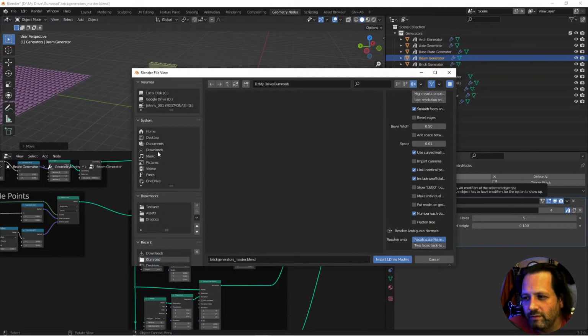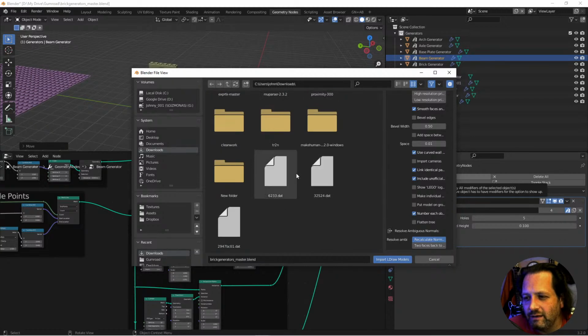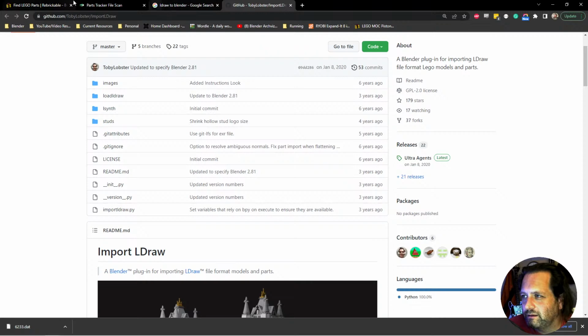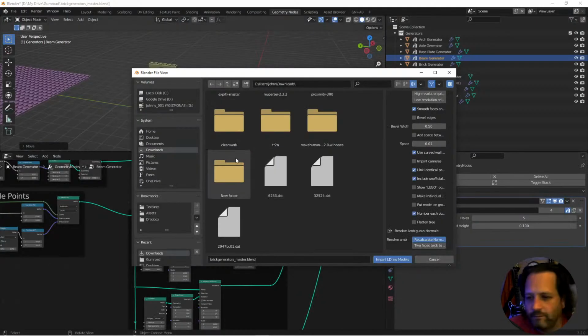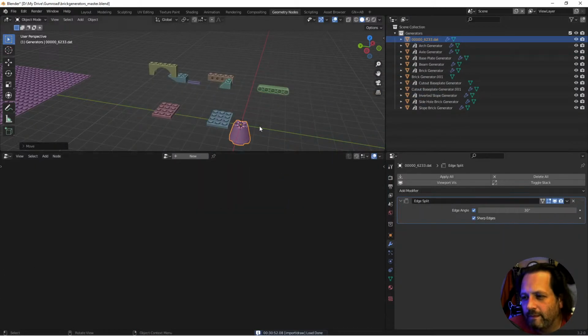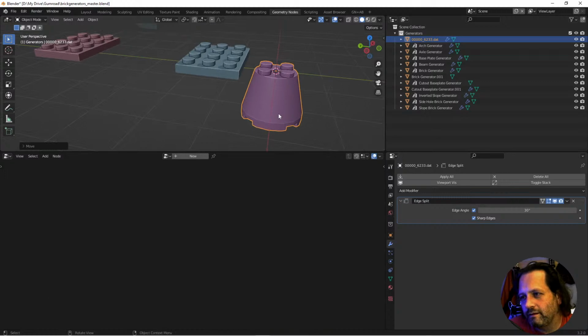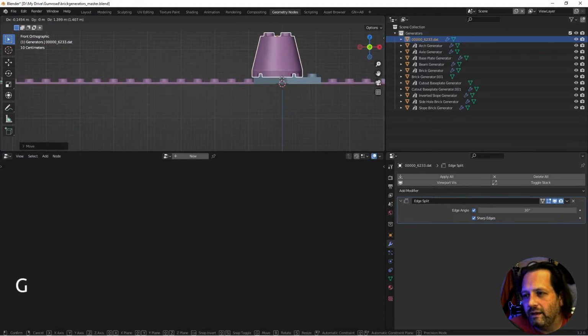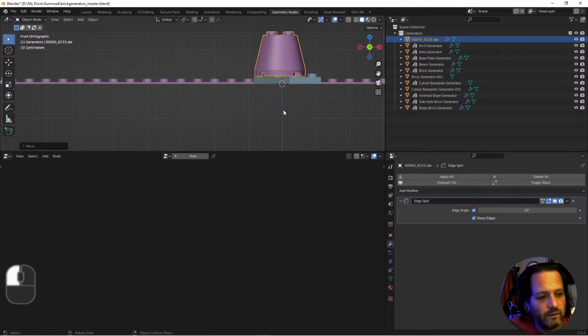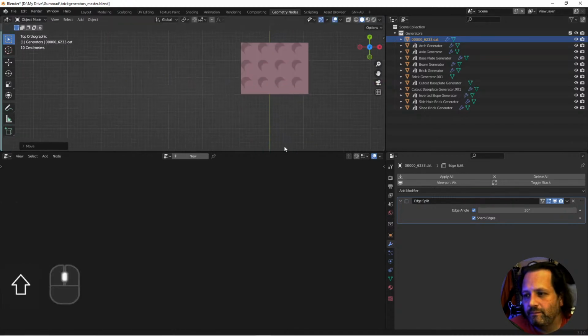Then I will go to my downloads and what file was this? 6233. 6233. And so there's that file, there's that model, and if we come here, we should see